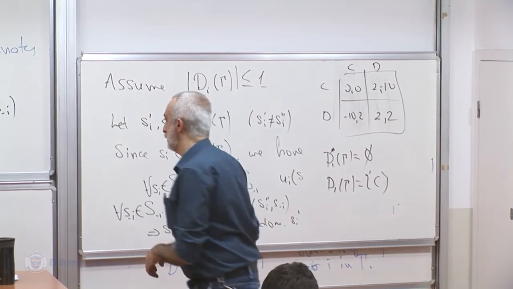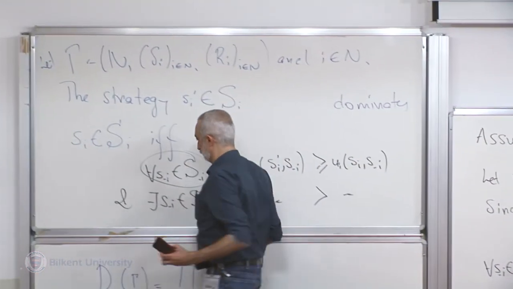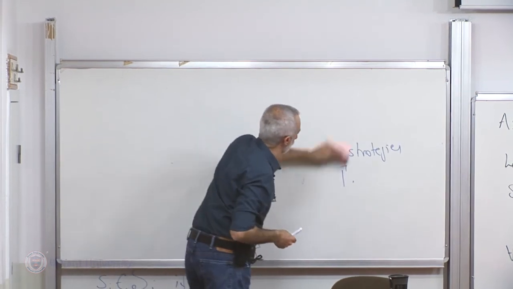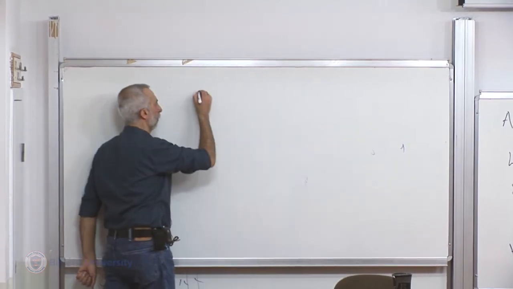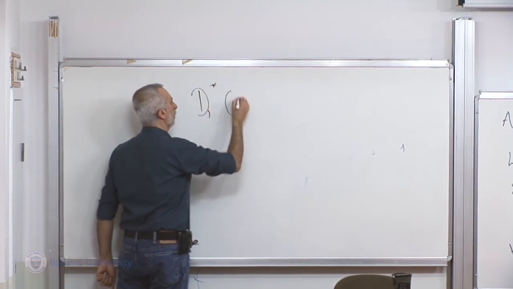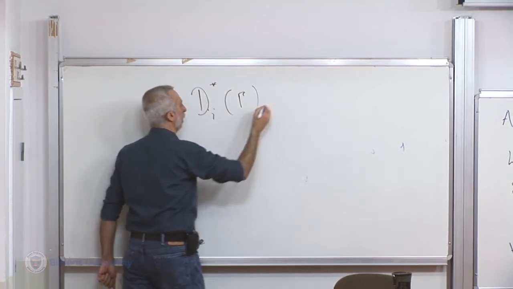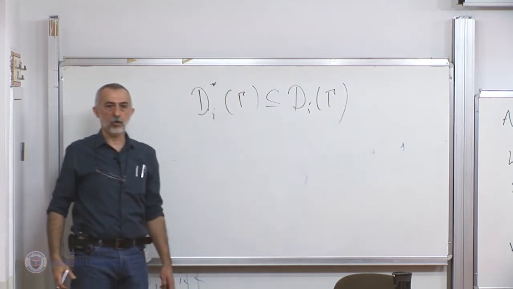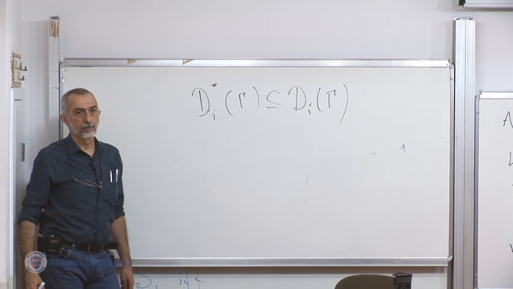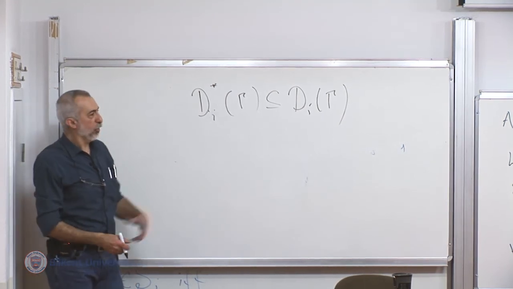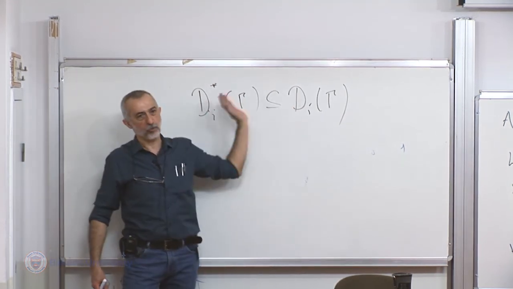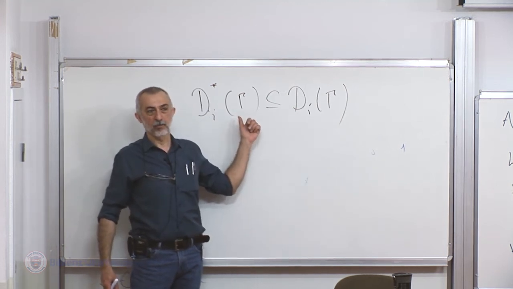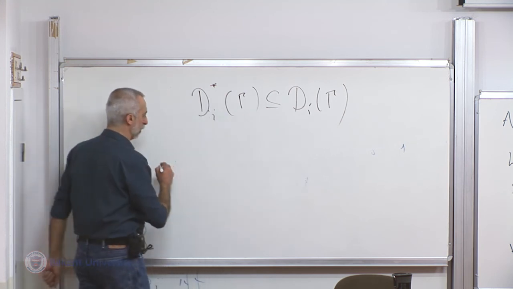Strictly dominant strategies are, so D1 star of gamma is a subset of Di of gamma. Actually, can we even say more than this? First of all, most of the time this is empty. If it's empty, the statement holds trivially. Well, when it's not empty, what happens? They're equal. So actually what we can say is,